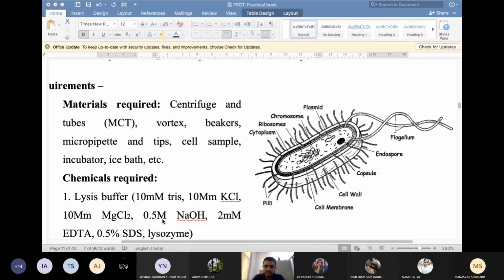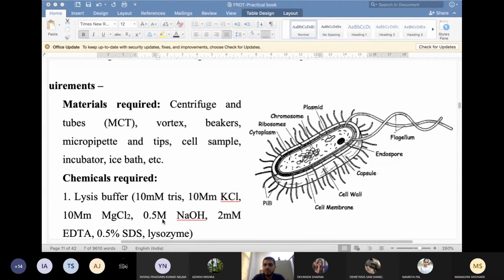Now comes the plant. Plants have a cell wall made of cellulose. Here also a similar term: put 'ase' with cellulose. The name of the enzyme is cellulase. Cellulase is the enzyme that can digest the cell wall of your plant cells. So that is the simple treatment to give.